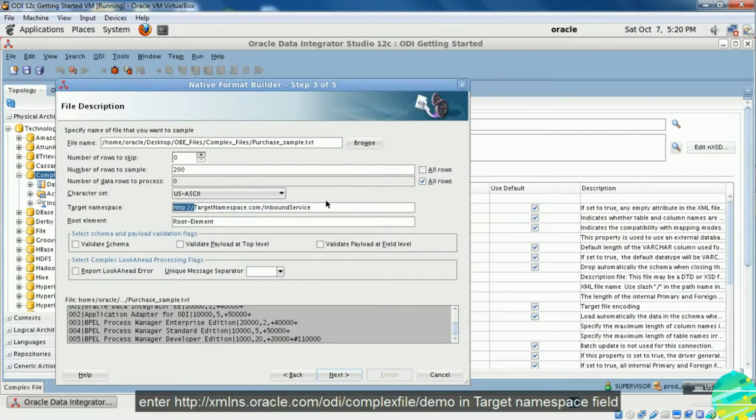Enter http xmlns.oracle.com ODI complex file demo in target namespace field.